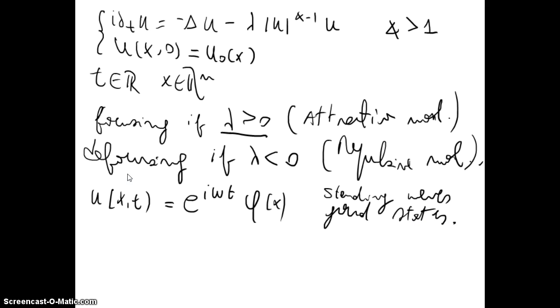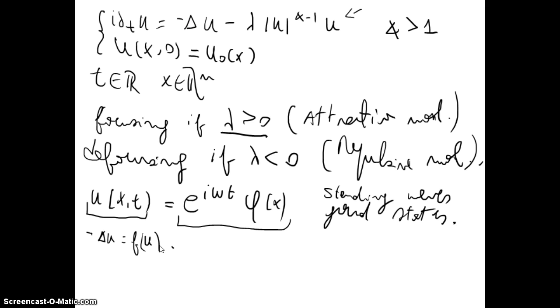Okay, so what happens if we put this right in here? So we will obtain what is called an elliptic problem of the type minus Laplacian u equals f(u). Okay,